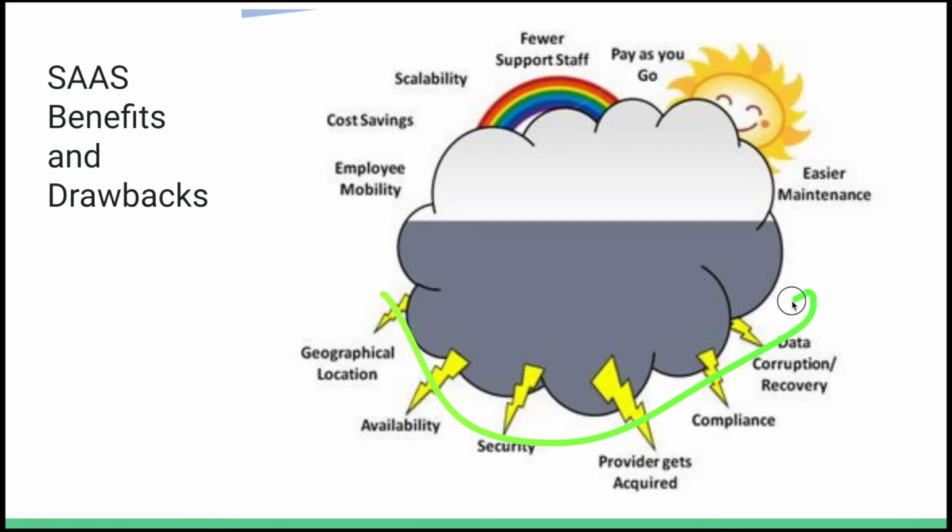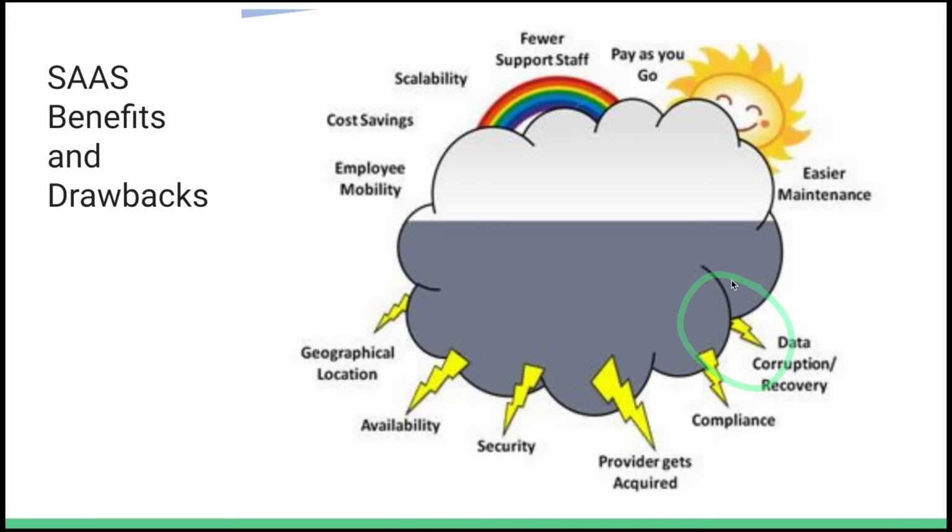Now, some of the drawbacks are, I don't really know what geographic location here is a drawback, but availability, security, and compliance can all be drawbacks, just because when you use software that's managed by another company, you lose control of those. So if, for example, Gmail went down, you don't really have any control over getting it back up, versus if a piece of software goes down on your own servers, then you can do something about it. Same thing with security. That's managed by the parent company. You can't make your system more secure. You basically have to abide by the security configuration provided by the company which hosts the SaaS software. Same thing with compliance,